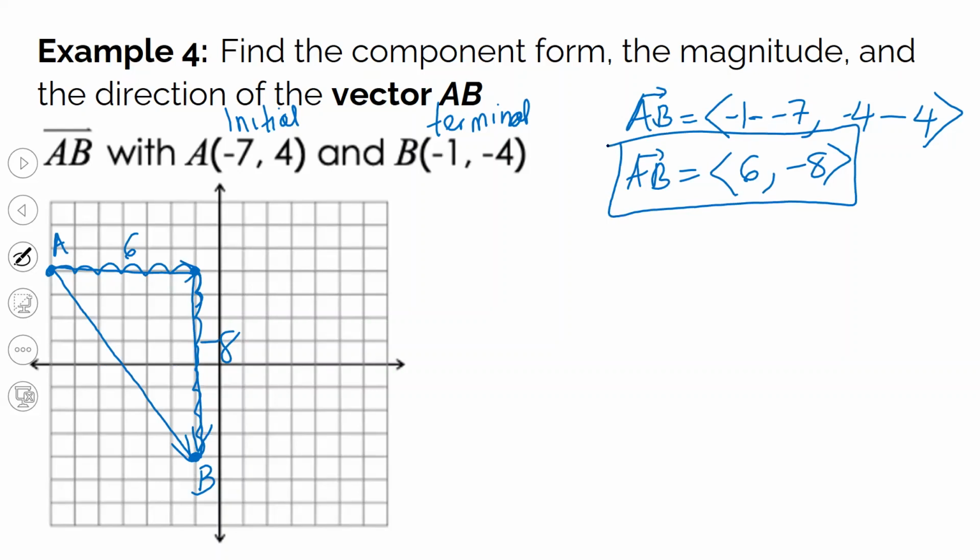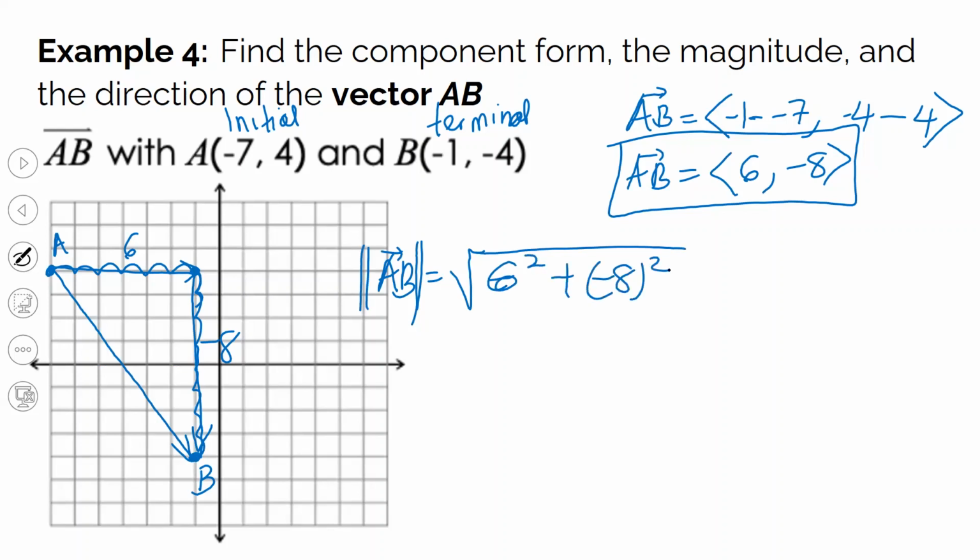Whenever you want to decide, especially if subtracting is confusing you, then please graph it. It's easier on graph paper. Okay, so that's the component. The magnitude AB, you can use one line or you can use double line, it doesn't matter, will now be 6 squared plus negative 8 squared. If you do that, that will give you 10. So the magnitude of AB is 10.